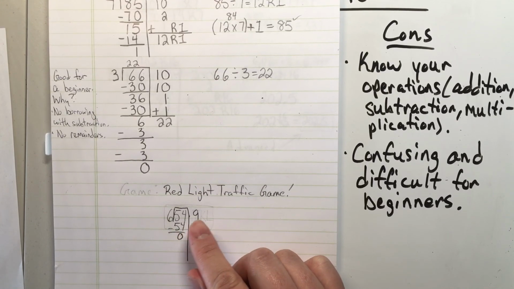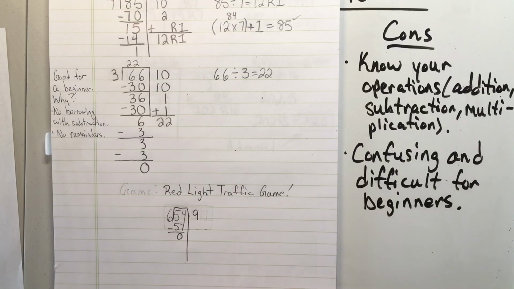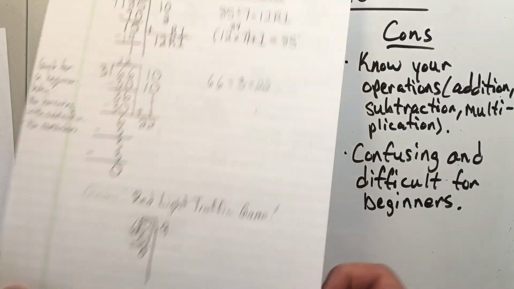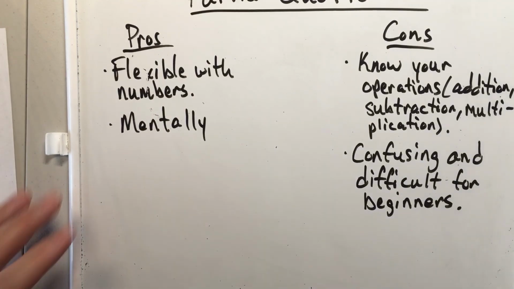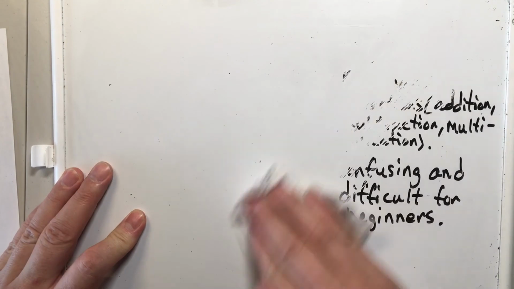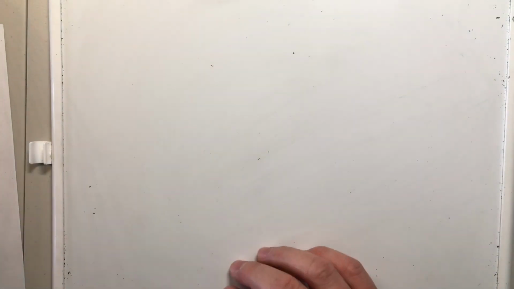You just do little tricks like this and you'll become proficient, I guarantee it. Plus it's just something fun to do in traffic while you wait around on a red light. Okay, the next strategy we're going to use is the